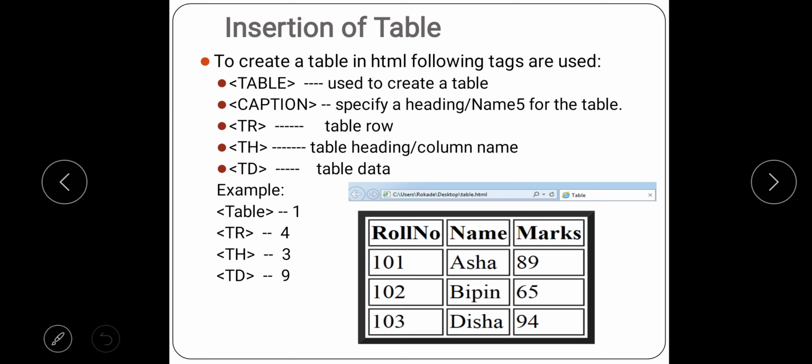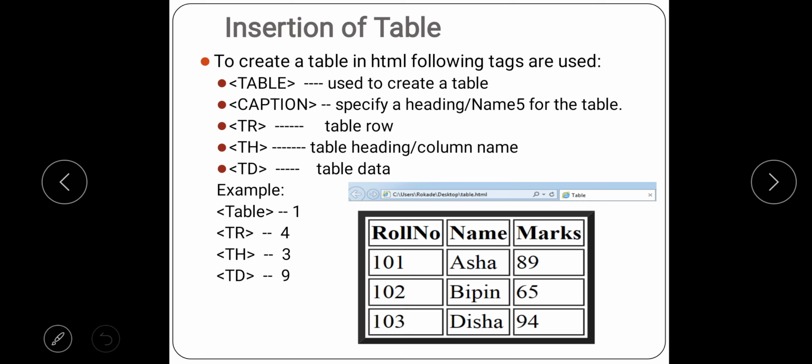Th generally means the column names. You have to look at how many column names there are. See now, what are the column names or column headings here? Roll number, name, marks. And below is the actual data. Roll number is the heading and below you will have all the roll numbers. Similarly, name is the heading, below you will have all the names.